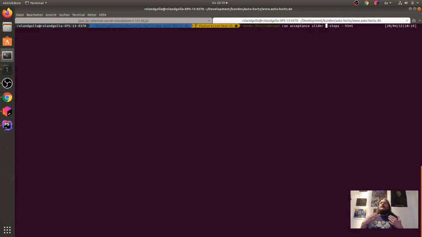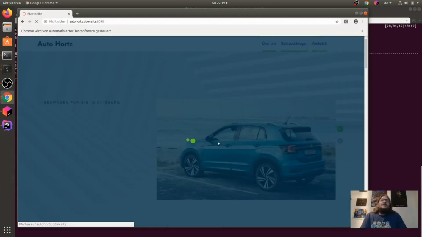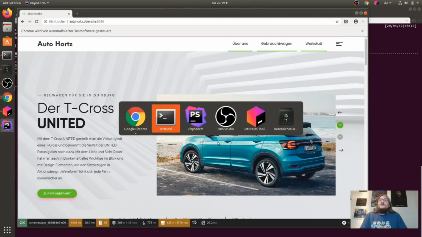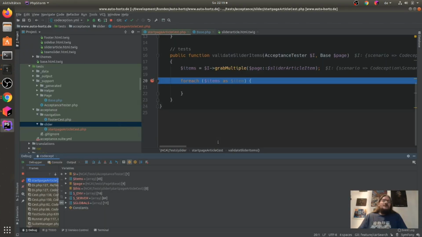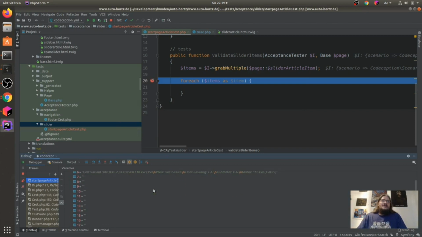You also can use the test here, and you also can check here a simple test to run, but for me now it's okay to run the slider test. So it will open and wait for the slider element, and then it will break here, and now I have here items. These are 45 items.